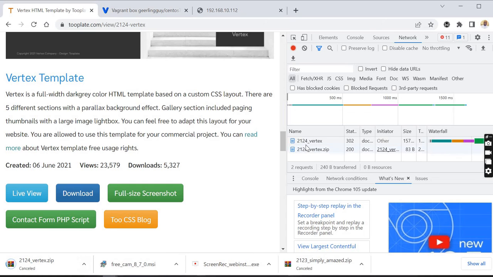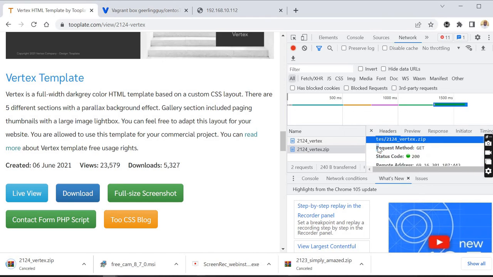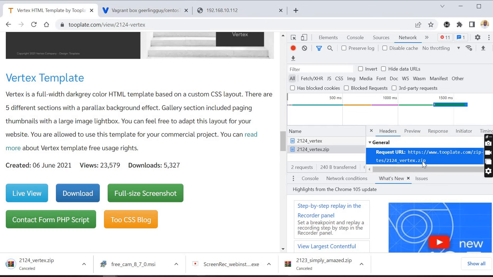You will see a vertex.zip file. So if you click on that, that will give you the URL for that zip file. Let's copy that URL. If you copy that URL, that's what we will use with our wget command to download